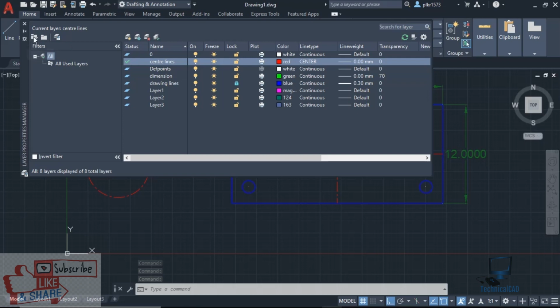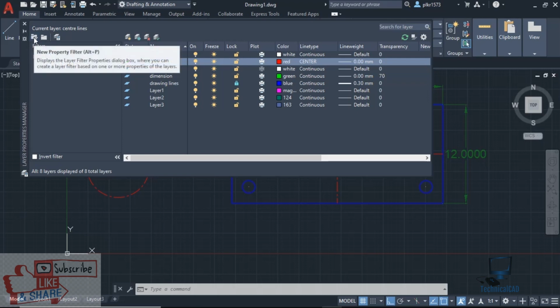And next, coming back to these three options, here is a filter. Filter is for separating layers. If there is any requirement of separating 10 layers from n number of layers, then we can use this property filter. Based on the properties, we can filter the layers.